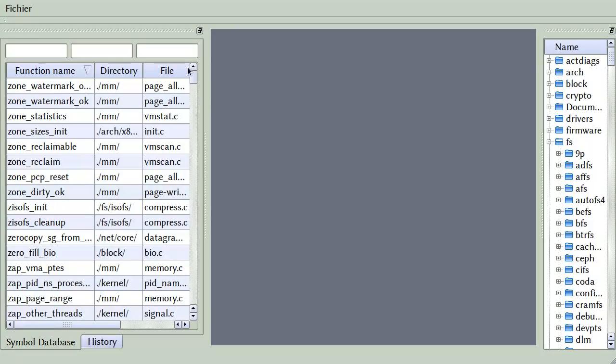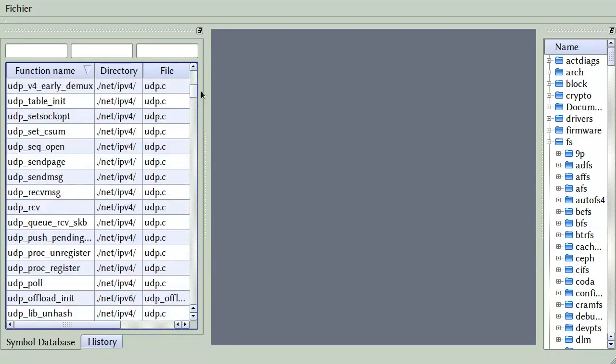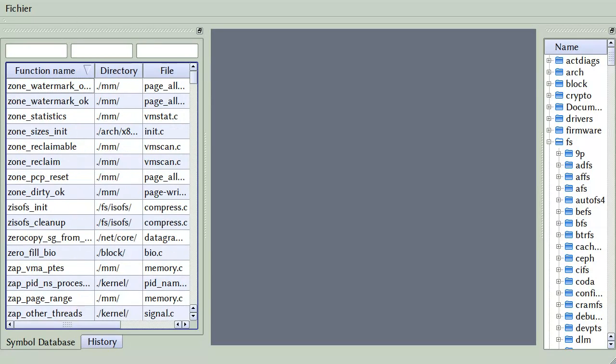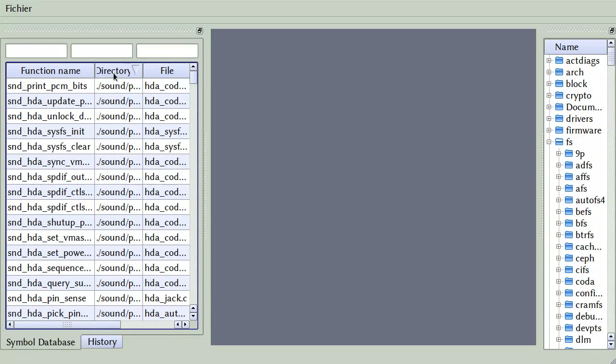The other tab is the symbol database, the very same symbol database we selected earlier. In this table we have a function for every global function in the source base. This table can be sorted by column and filtered. So, for example,